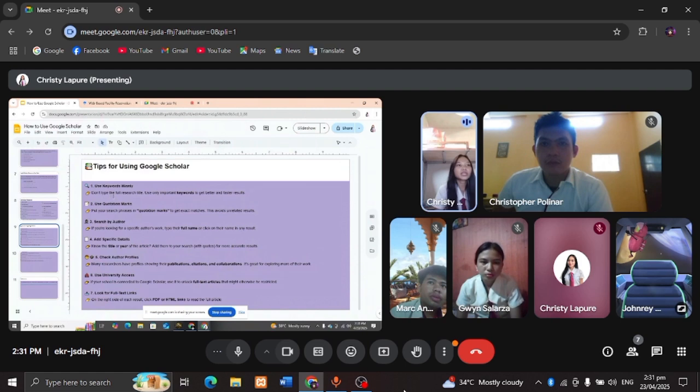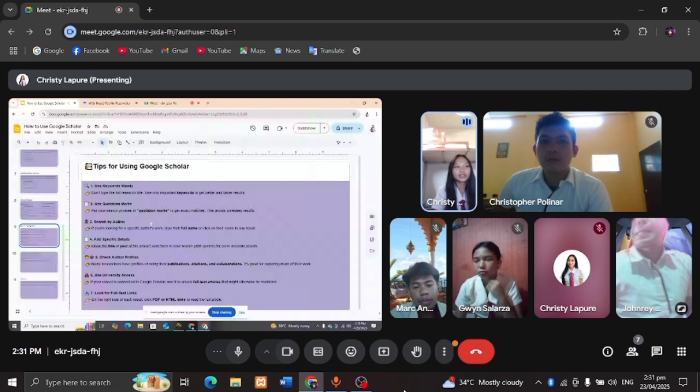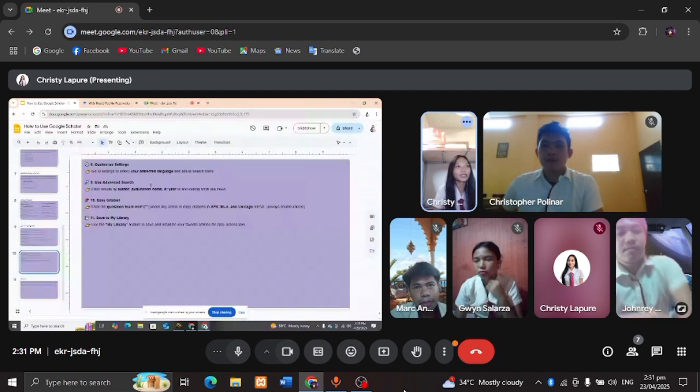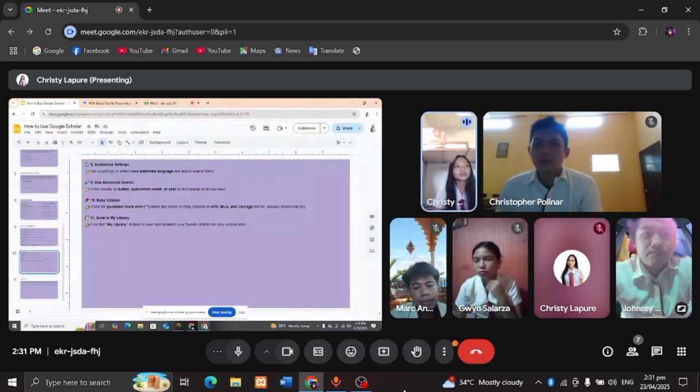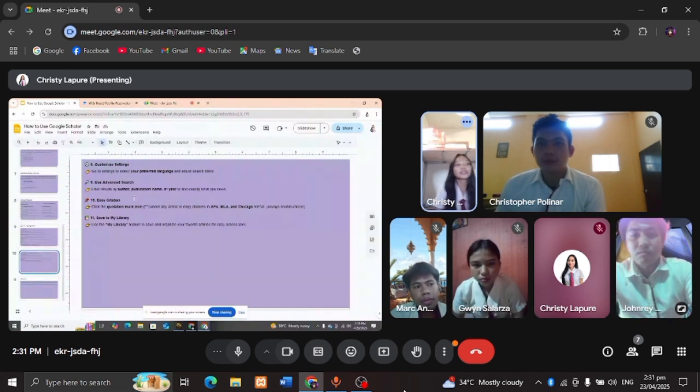Use keywords only, and next is use quotation marks. Search by author, add specific details, check author profiles, use university access, and look for full text links. Customize settings, use advanced search, easy citation, and save to my library.